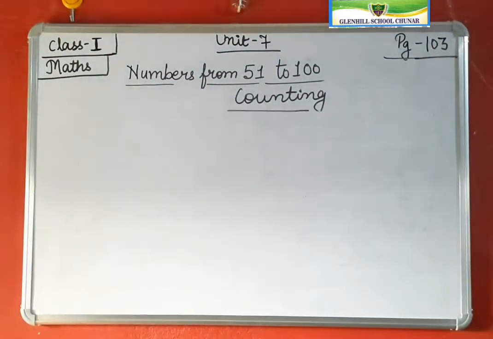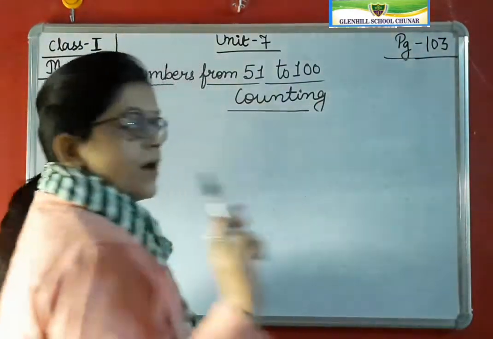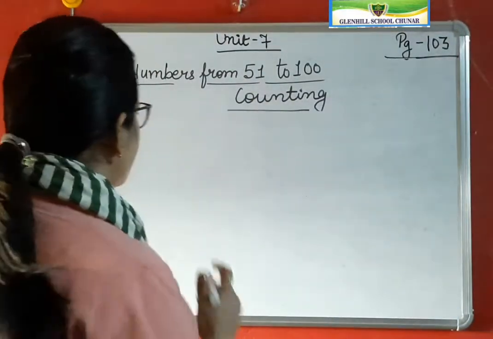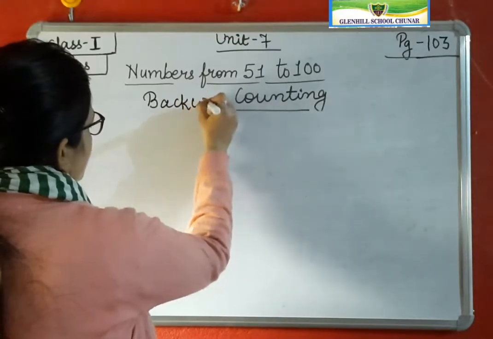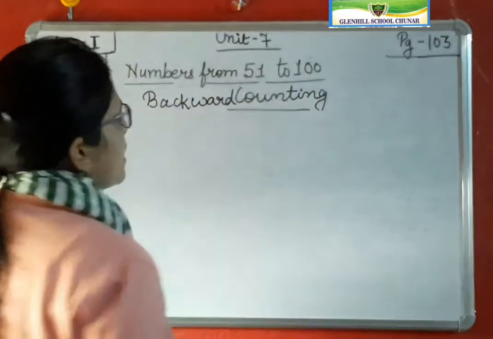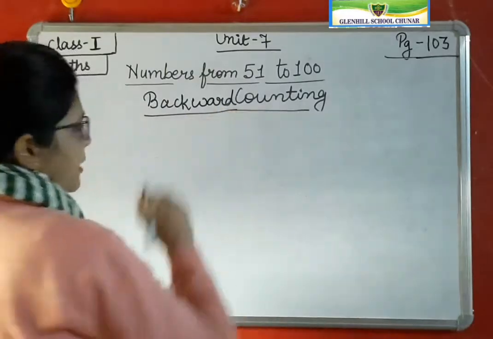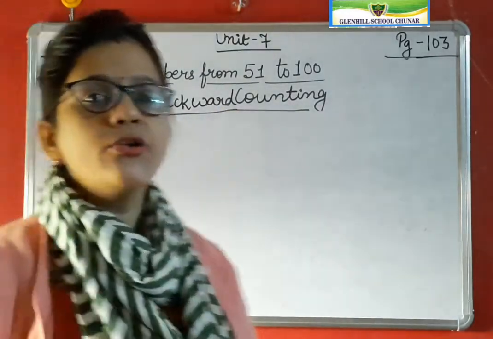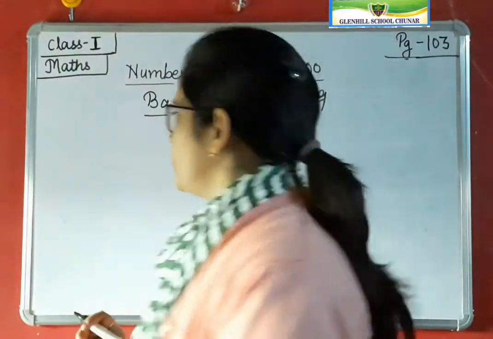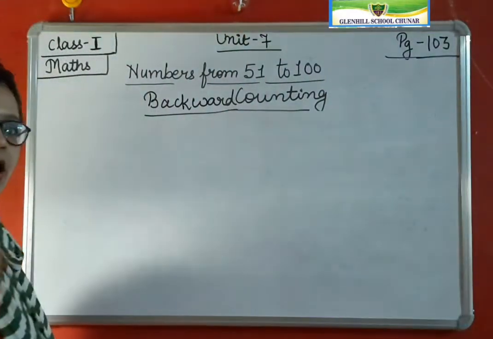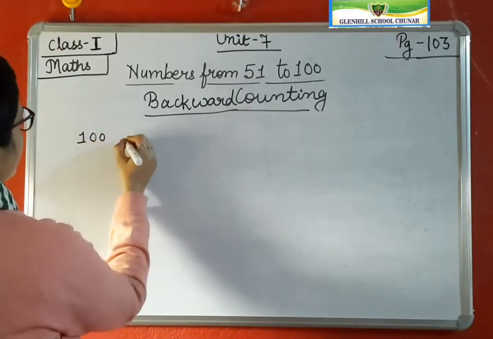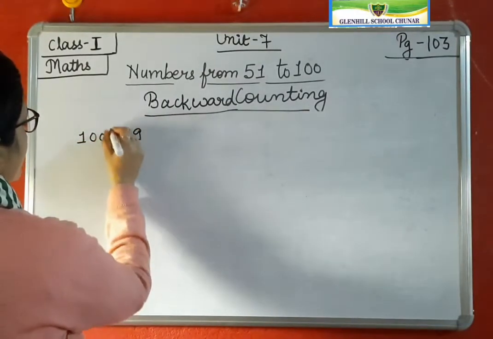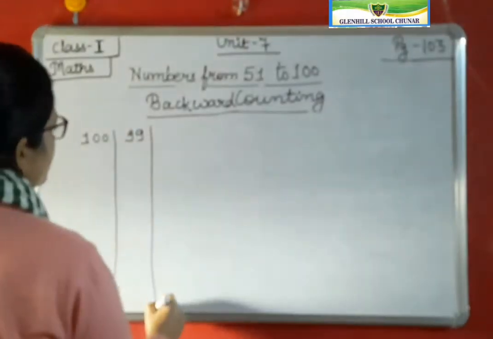Now, on page 103, one more exercise is given, that is what? Backward counting. What did you study just now? Forward counting. And now you are going to write down backward counting. And this also you have to do in your book. Okay, students? So backward counting is from 100, 99, like this it is given, 98, 97,